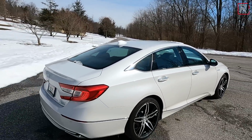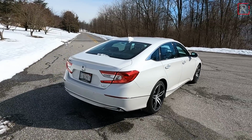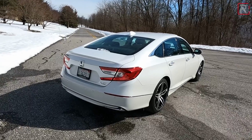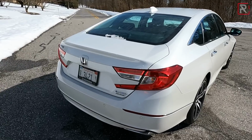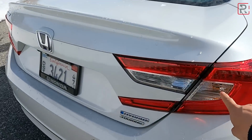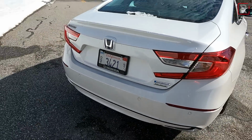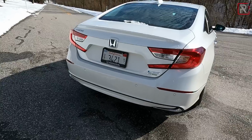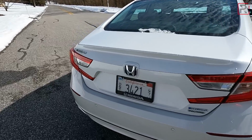And then over here at the rear, this is where I wish Honda had made some changes to the styling of the rear of the Accord. I kind of wish they gave it the taillights from the Honda Insight. It still has those really interesting looking claw-like rear taillights. They're an LED combination. You can see the turn signal is an incandescent bulb. You get LED brake lights. There's a subtle hybrid touring badge there, and the hybrid model only has a single exhaust at the back. The V6 or the 2-liter turbo models would have the dual exhaust,